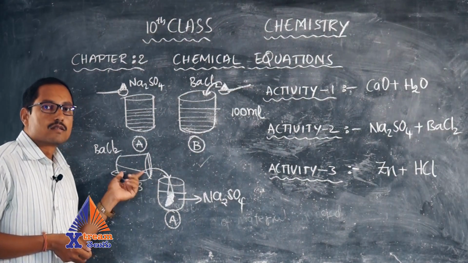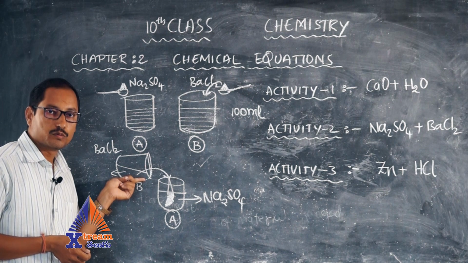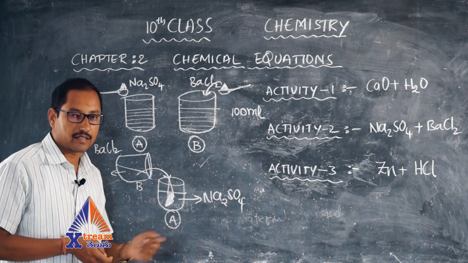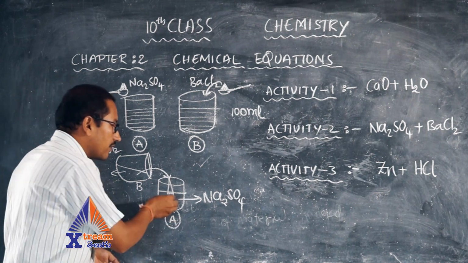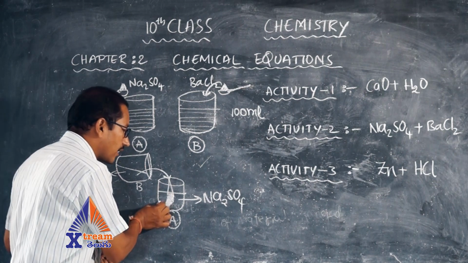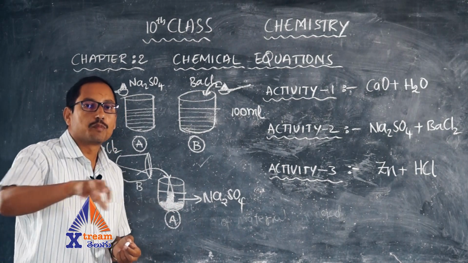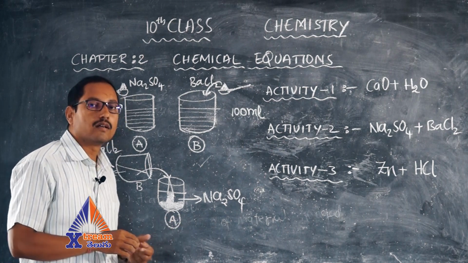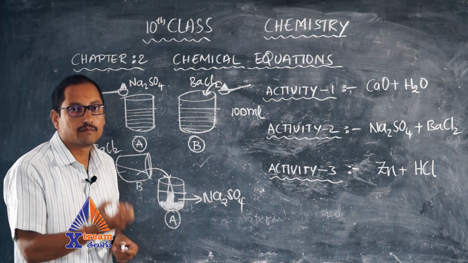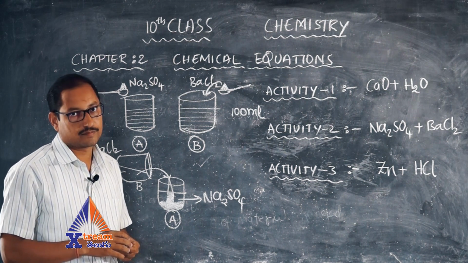When we pour some part of barium chloride from beaker 2 into beaker 1, which contains sodium sulfate, then we will get a white colored solution being formed, and after some time you will see that this white colored precipitate occupies the entire bottom of beaker A. The total bottom side is going to have some solid particles which settle down in the solution.